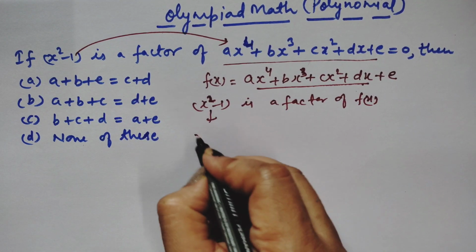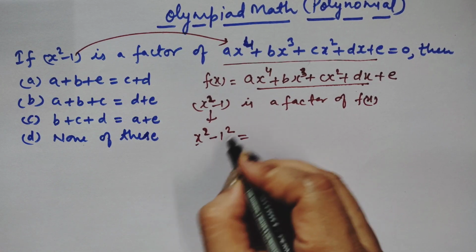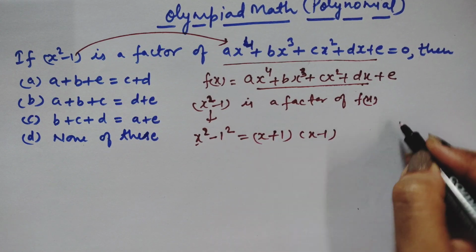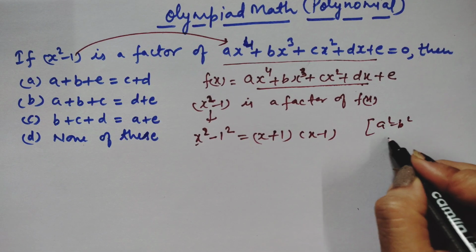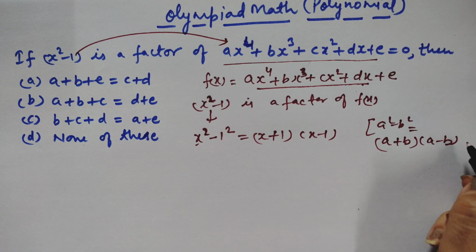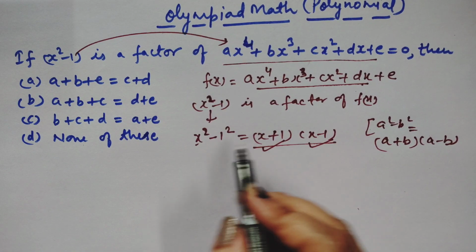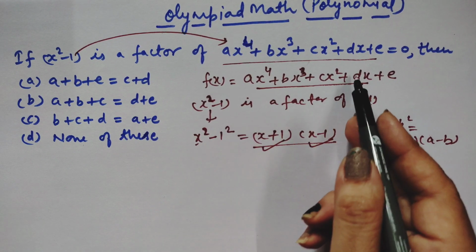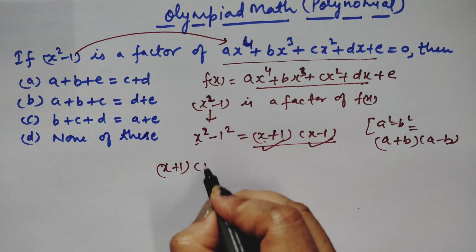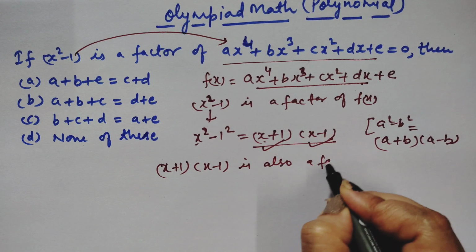So we know that x²-1, can we write this as x² minus 1 squared? The identity a² minus b² says a plus b and a minus b. Which identity are we using here? a² minus b² equals a plus b times a minus b. So you can see a plus b is x plus 1 and a minus b is x minus 1. So x²-1 is a factor of f(x), which means x plus 1 and x minus 1 are also factors of